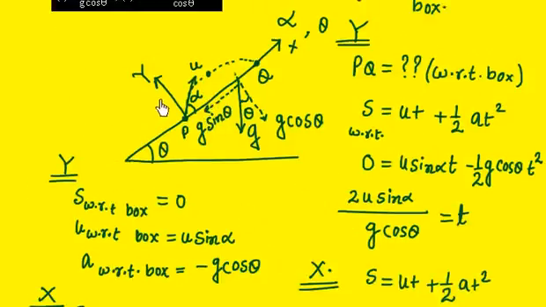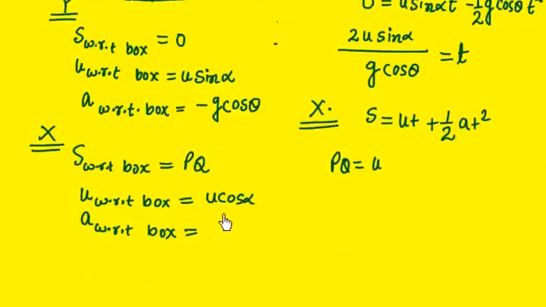So now see, the box is in this direction. The box itself is falling with g sin theta, and the projectile also has g sin theta in this direction. So what is it with respect to the box? What is the acceleration of the projectile in this direction? No acceleration. Both are falling with g sin theta. So this is 0. This is one important point we have in this problem. So you will have 0. So ut plus half at square, acceleration is 0, and in place of u you have u cos alpha,